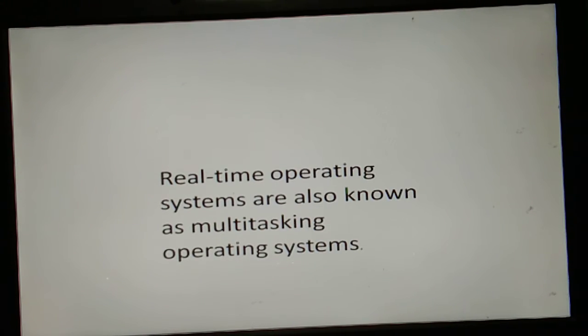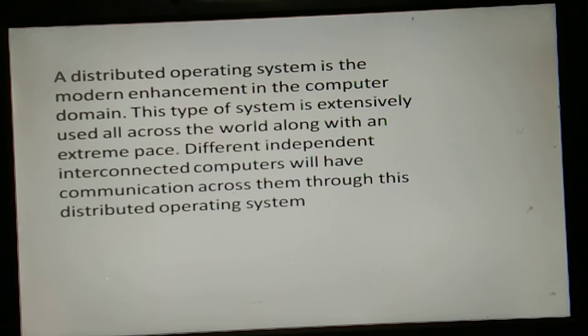Next one is the multitasking operating system. Here the ability to perform more than one task at a single time is called a multitasking operating system. Next one is the distributed operating system.